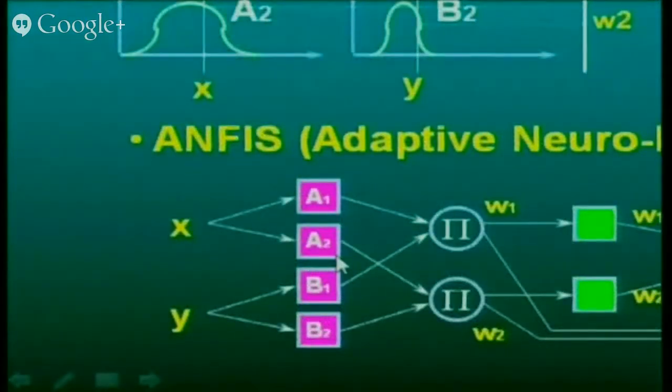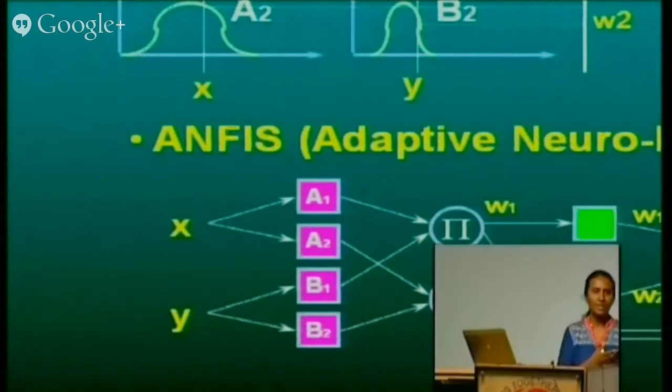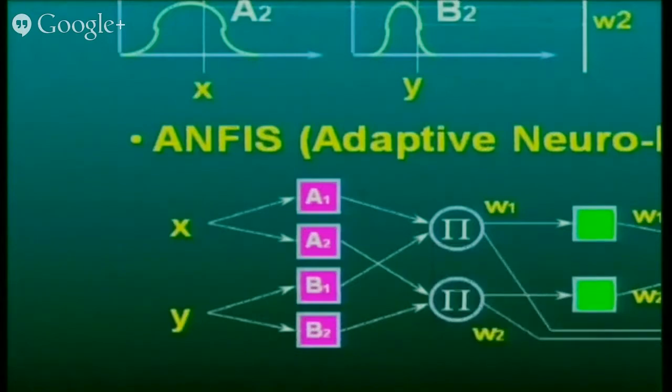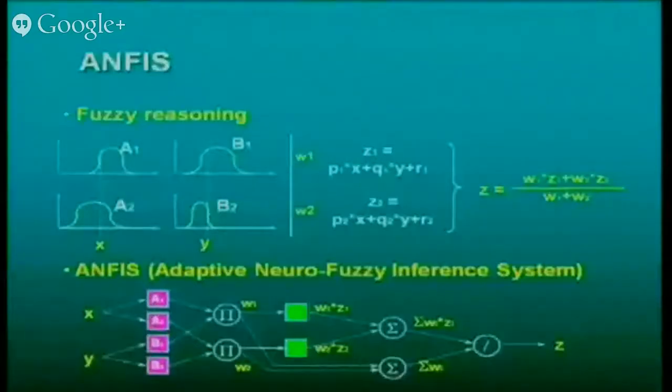Similarly, I have some pressure. For pressure, high and low or something like that. So here for y, B1 and B2 I am again defining two variables. A1 and A2 are for one of my inputs, and B1 and B2 are for another input. For those linguistic variables, I have defined the membership function. So here you have different membership functions.